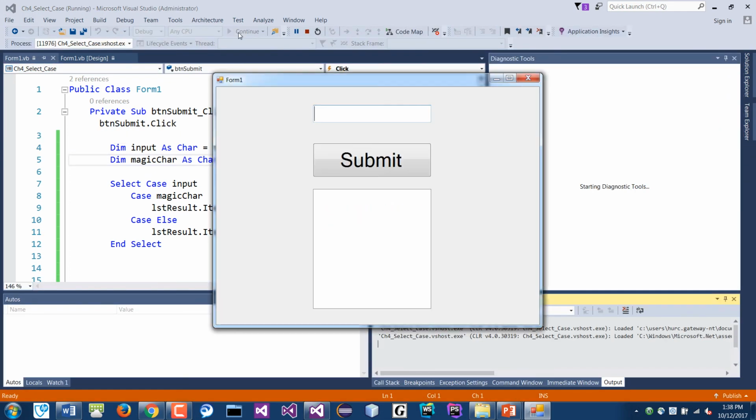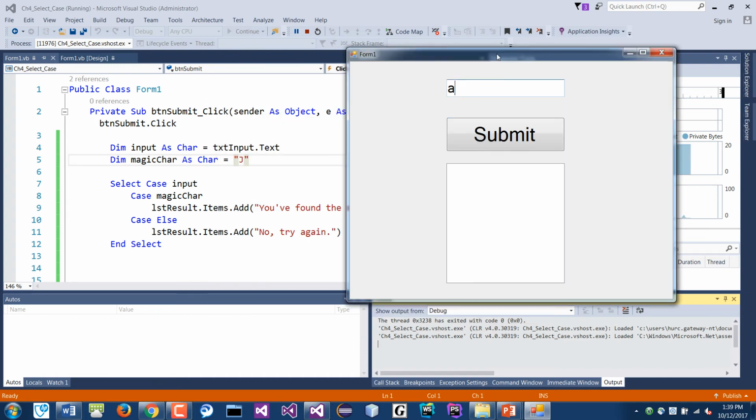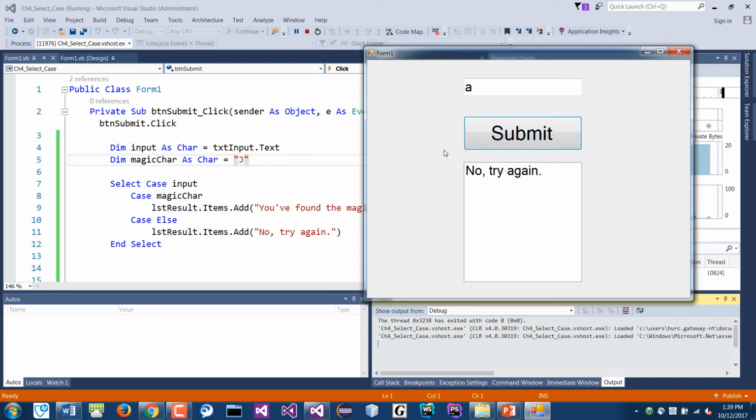So let's run this. Again, notice that it should be centered on the screen, right? And again, we're not validating anything, so you want to make sure you put characters only. If you put a number, it will crash, because we didn't validate. So we just have to assume you put a character. So you put like character A. If you click submit, we should see the expected result of no, try again, right? It doesn't match. And then if you put in J,